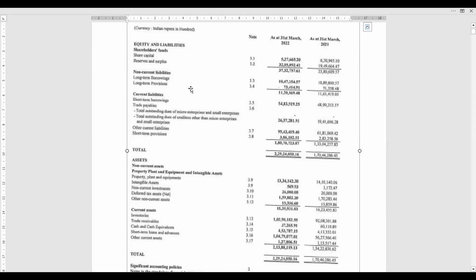They don't have share warrants, so it is not given here. It is not required because they do not have them. Okay, now if I further scroll down